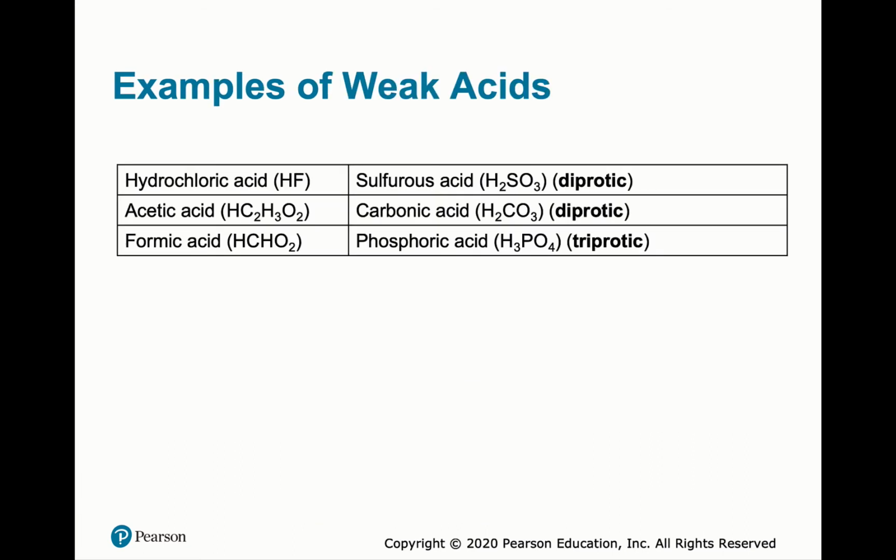So here are some weak acids, but it's pretty easy. If it's not a strong acid, it's a weak acid. And you can see there's many monoprotic ones, but then there's diprotic. That means more than one hydrogen that's acidic. And you can have triprotic. You even have tetraprotic. EDTA, H4-EDTA, so ethylenediaminetetraacetic acid is a tetraprotic acid. So you have many protons.